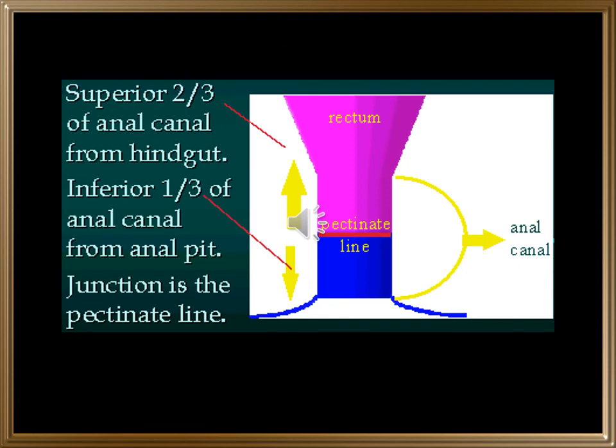This is to show the hindgut, especially the anal canal up to the pectinate line, how it belongs to the hindgut proper. That is, it is derived from endoderm, and below the pectinate line it is coming from the surface ectoderm called proctodeum, and that's why the anal canal is described as being of dual origin, and how it is pain sensitive below the pectinate line and above it is pain insensitive, and the other surgical implications so far.